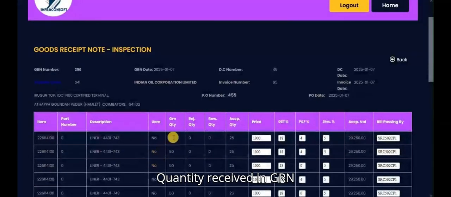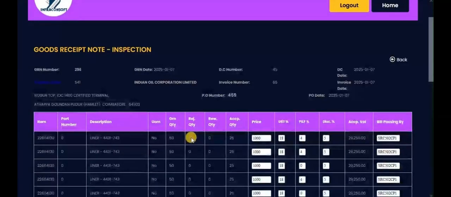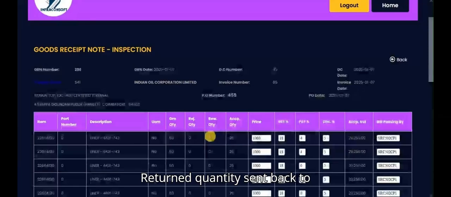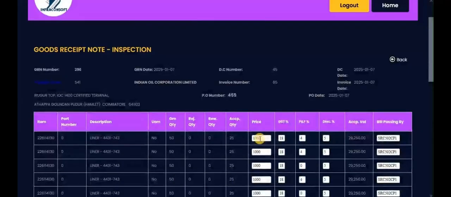Quantity received in GRN. Quantity rejected after inspection. Return quantity sent back to supplier. Accepted: quantity accepted after inspection. Price per unit. GST %, applicable GST percentage. Packing and forwarding,